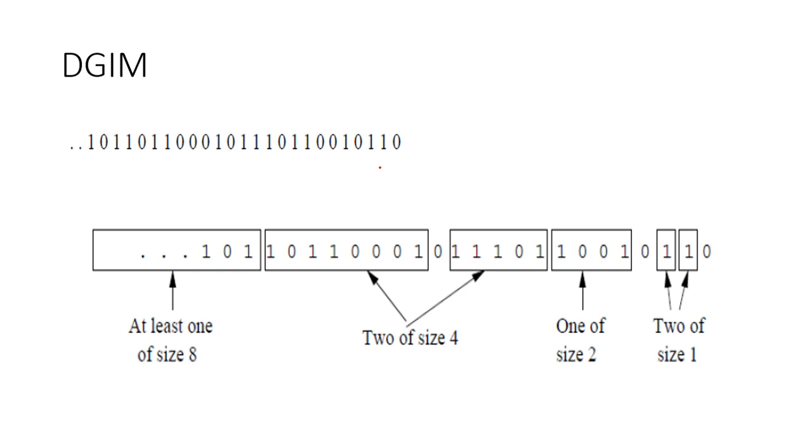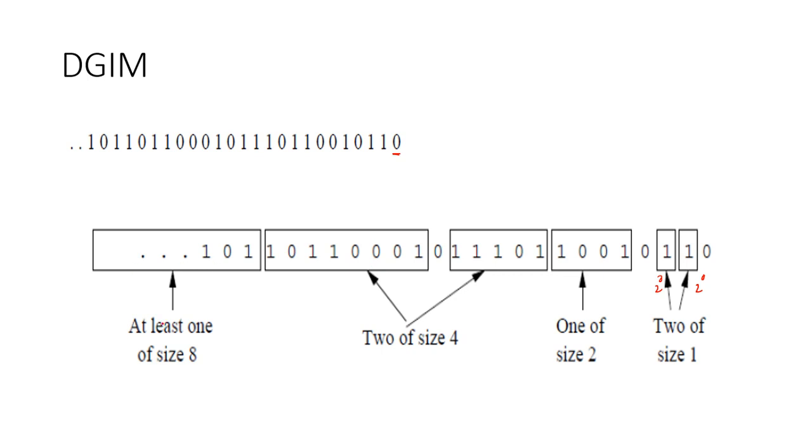So this is the example. As you can see, this bit is 0, so you cannot consider this 0 to store into the bucket. Then this 1, I can consider as a 1. That means this is 2 raised to 0, and this is 2 raised to 0, so buckets of size 1 and 1 are possible. Then this 0 can be ignored, because the right side of the bucket must be 1. So the right side of the bucket is 1 1 0 1 1. So 2 ones are there here, 4 ones are there here, and again 4 ones are there. That means bucket size 2, bucket size 4.